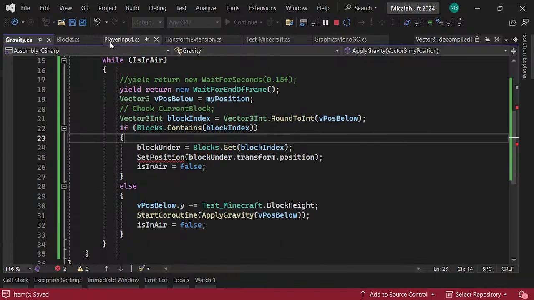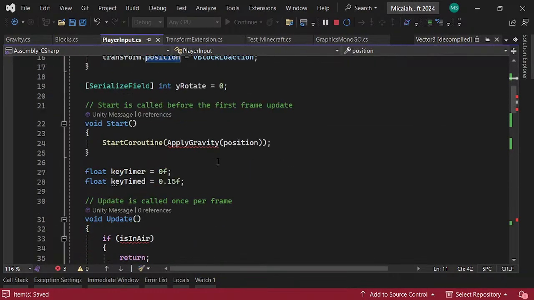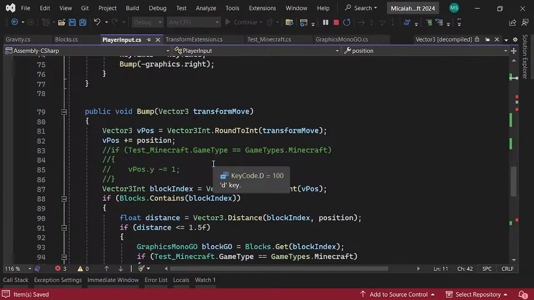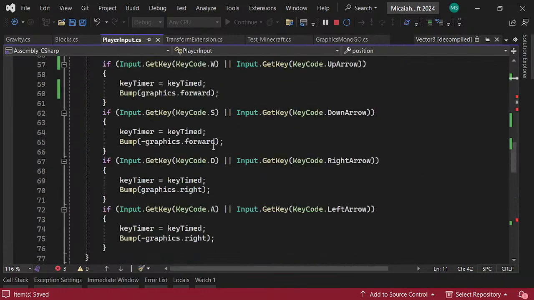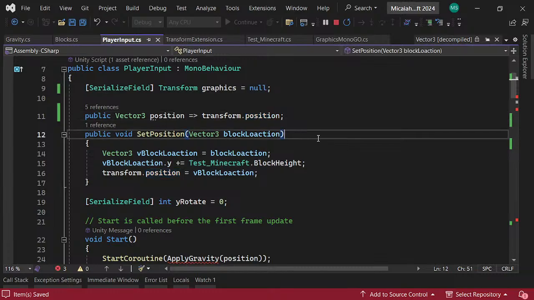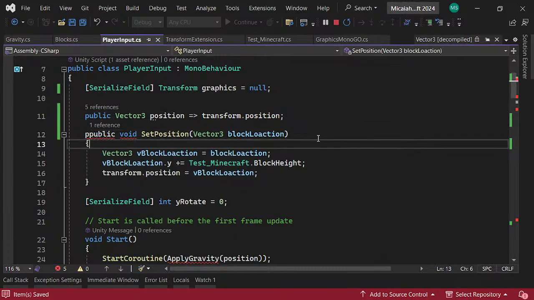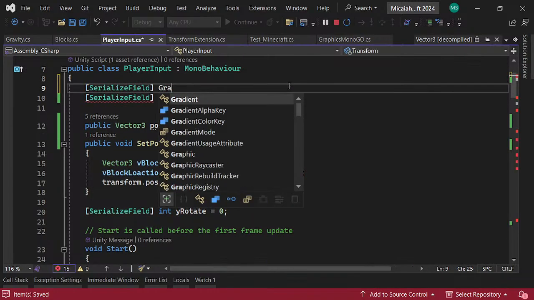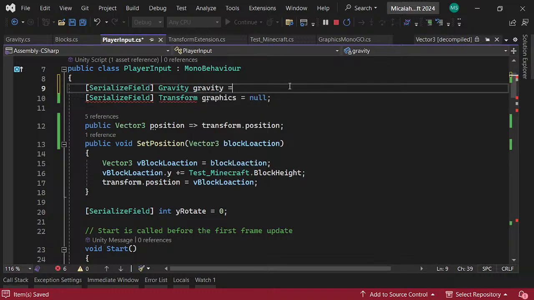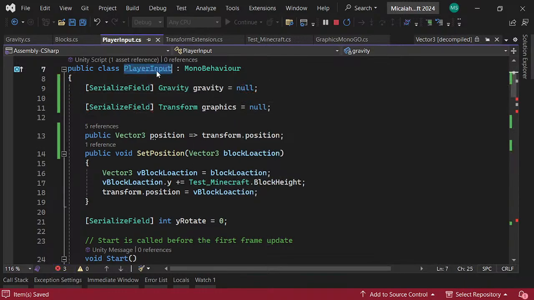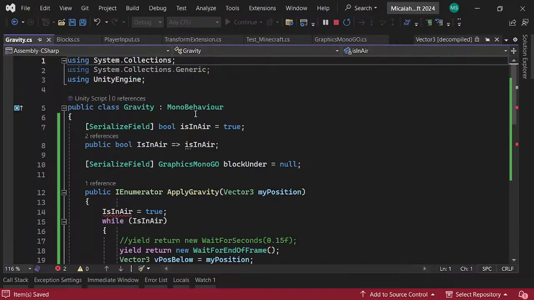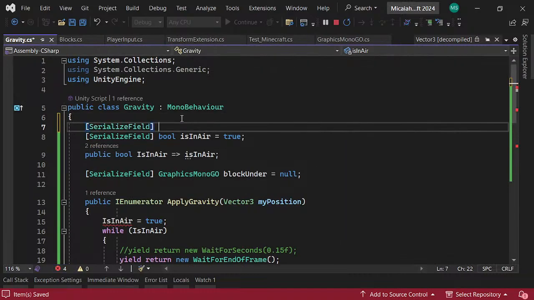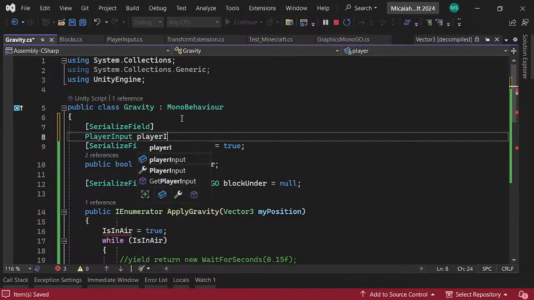Okay, so we want to set position. So this is a public... I feel like we have to say set position. Oh no, it is public. Okay, cool. So now we need a gravity, gravity equals null. And then we also need a player input. It's kind of like doing these cross functionality functions. Player input equals null is a little counterproductive, but